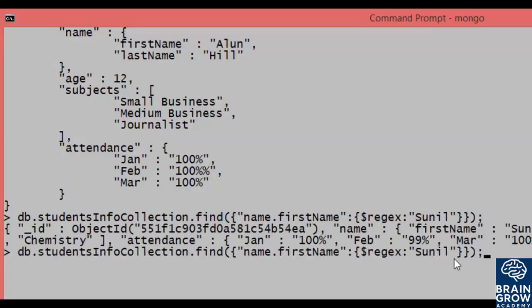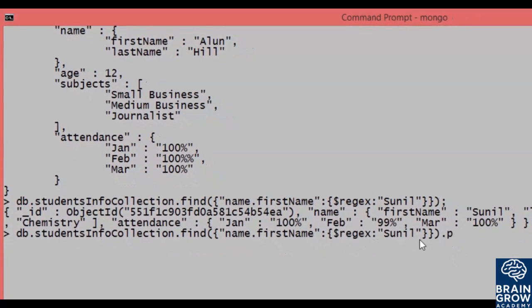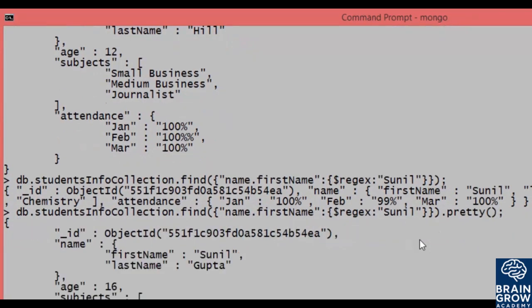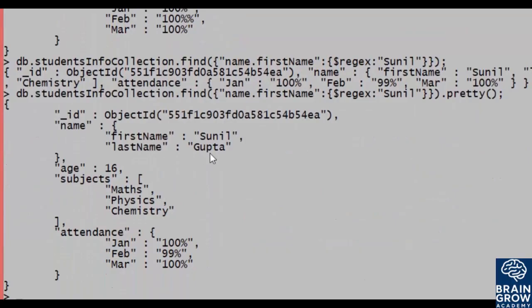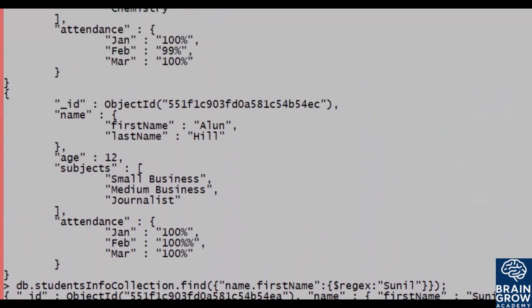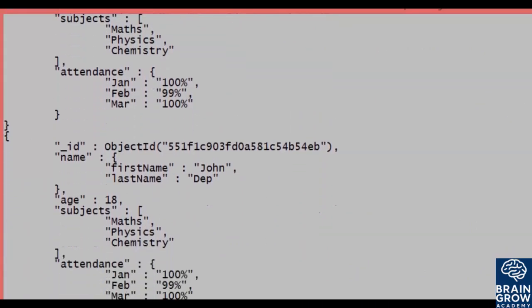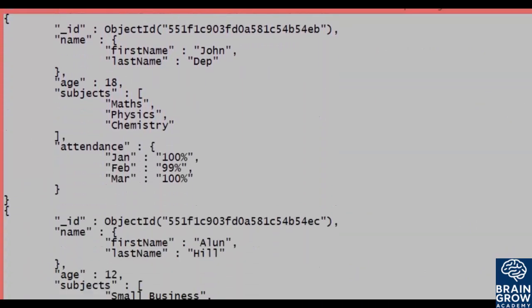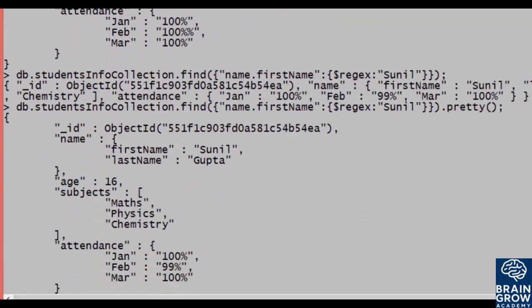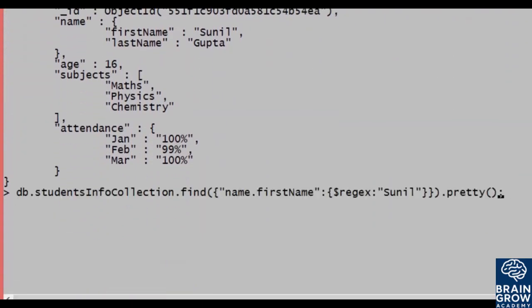Let me put it in a better format. See, here it is giving us the result: the document carrying the first name Sunil. There is no other name with Sunil. Correct. So now what I'll do,